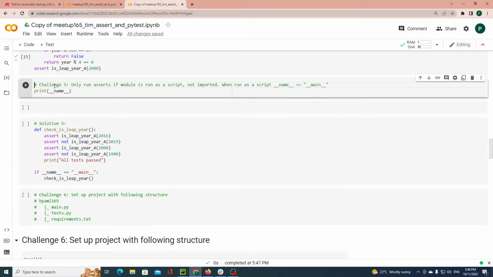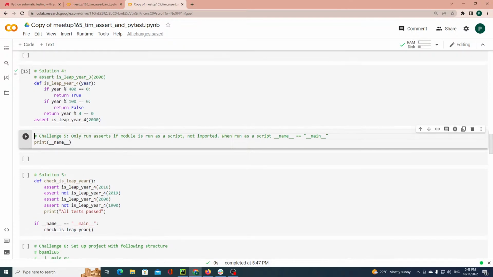Another thing you could do, challenge 5 says, only run the asserts if the module is run as a script. If you've got your functions in a module, a module is a Python file that ends in .py, and you can put functions into a file, and you can either call functions from that file or you can run that file as a script. So if the module is run as a script, and not imported into another one, then